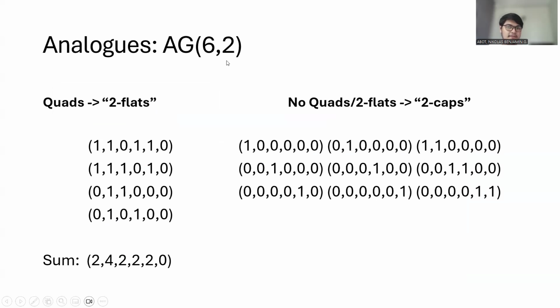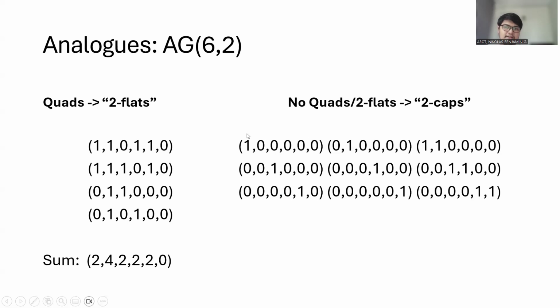Now, this deck corresponds to a mathematical structure called AG(6, 2), an affine space where it's 6-dimensional, because the strings are 6 digits long, and 2 because there are 2 choices of digits. Here, the sets of cards that are quads are called 2-flats. And in this case, a set of 4 points in the affine space is a 2-flat if the entry-wise sum is all even. This is the justification for our choice of representation. Effectively, this is what makes the representation a nice choice. Then the sets of cards that contain no quads, effectively the sets of points that contain no 2-flats, are